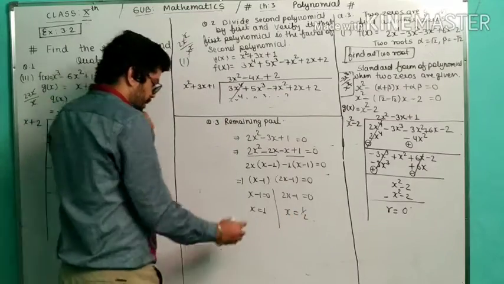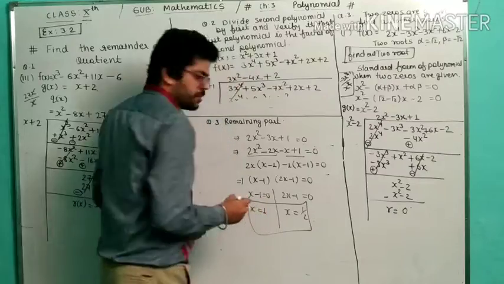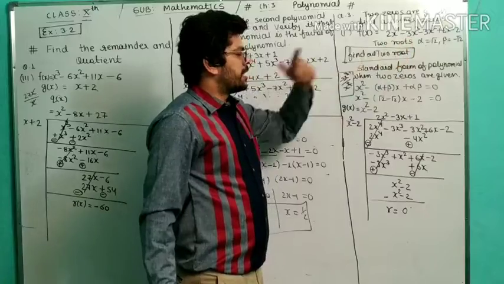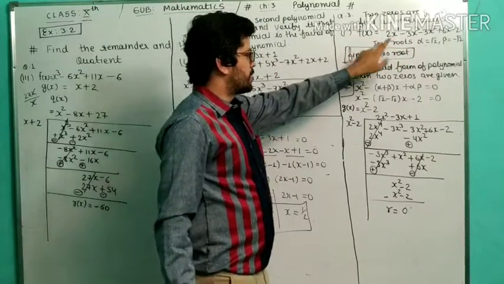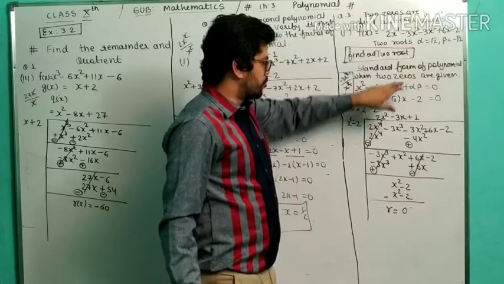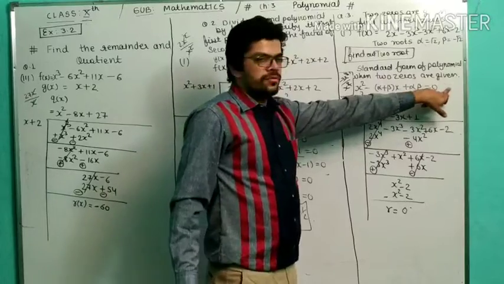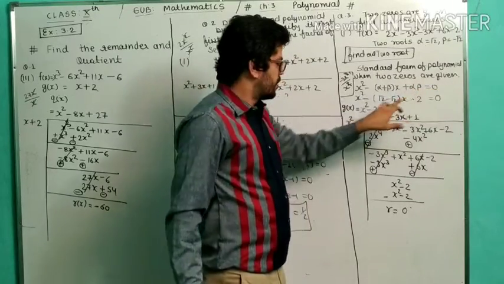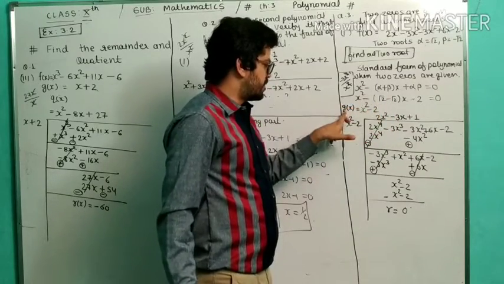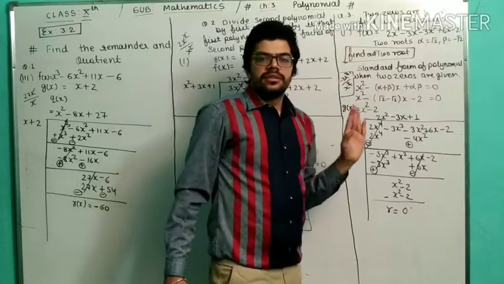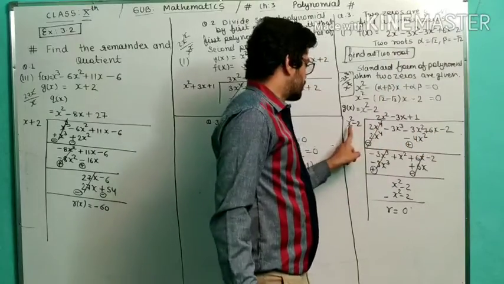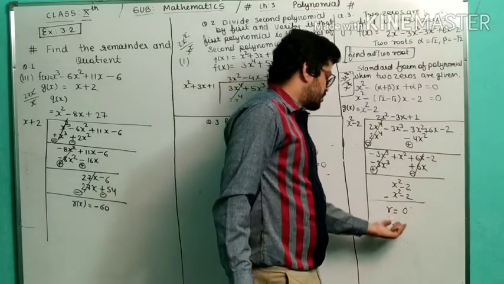So two other zeros we got: x is equal to 1 and x is equal to 1 by 2. This is very easy. Again I am telling you what you have to do when this type of question is asked by the examiner. First you have to make the 2 zeros into the standard form of a polynomial. Put the 2 zeros in the standard formula for making a polynomial. First I made the standard polynomial x square minus 2. So I got g(x), and this g(x) is used to divide f(x). So I put this f(x) value, this is g(x), I divide it, and then the remainder becomes 0.